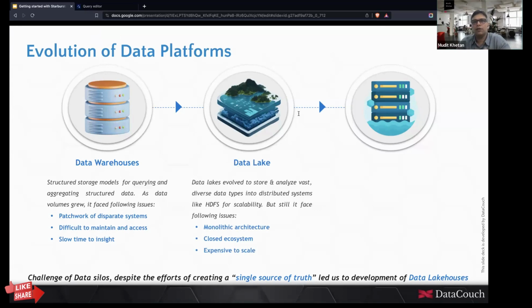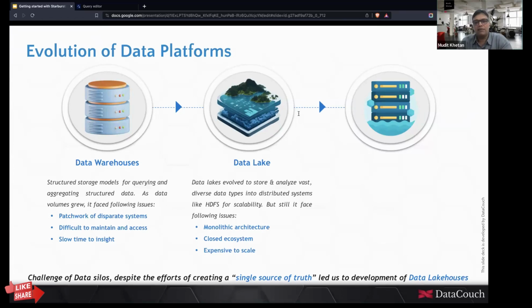Then somebody thought, instead of only having structured data, why not have semi-structured and unstructured data, because by the mid-2000s, and specifically after the introduction of smartphones around 2010, the data being generated exploded, and if companies did not tap that data, they missed out on a very great resource for insights.